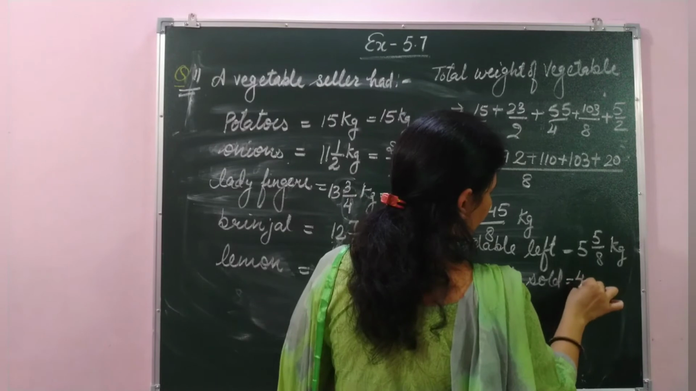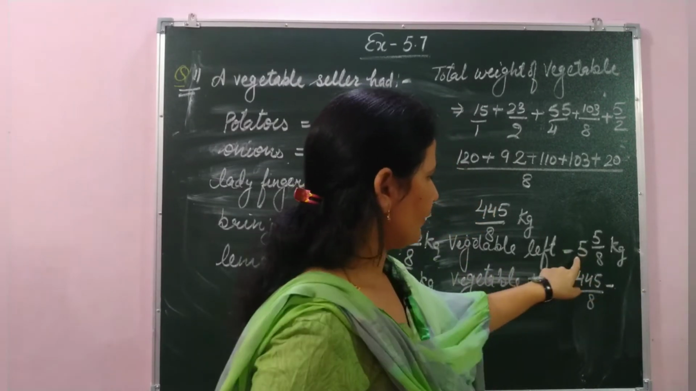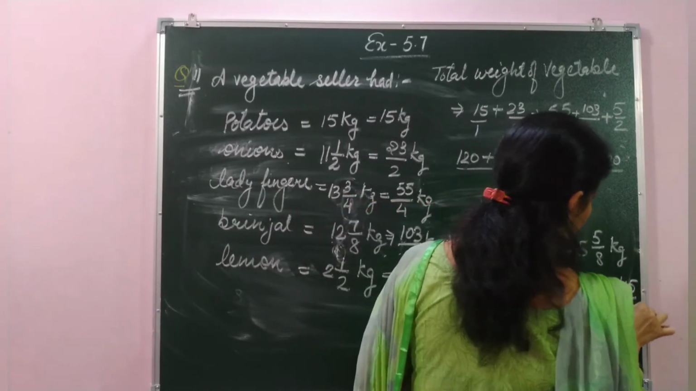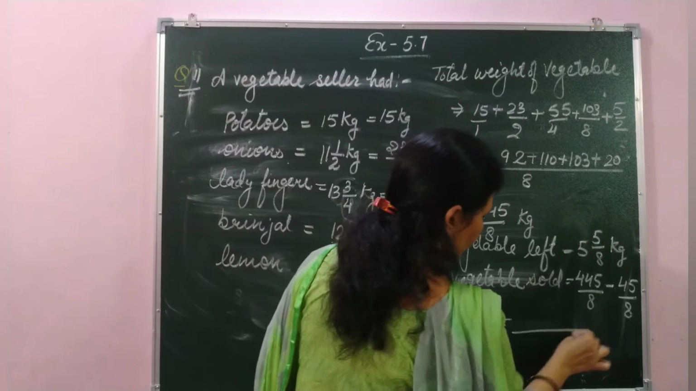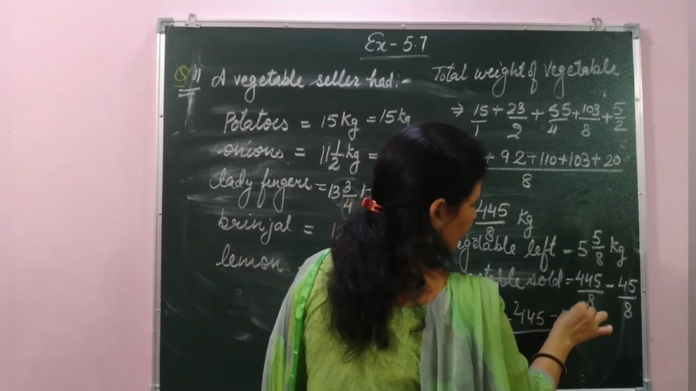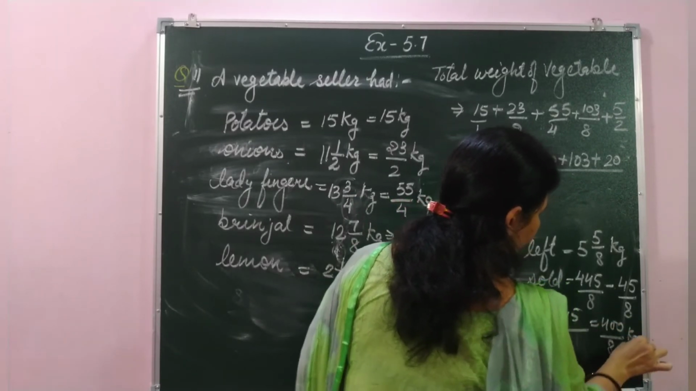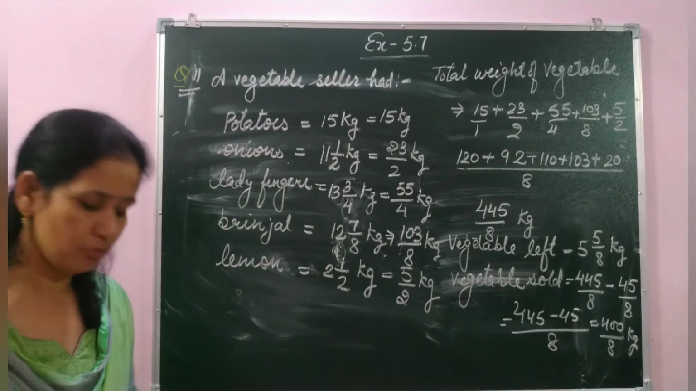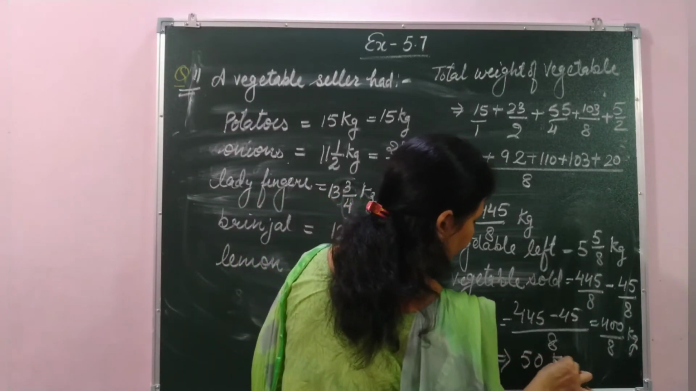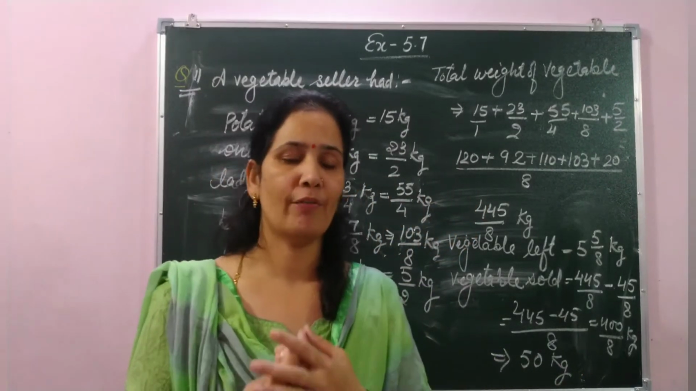So 445 by 8 minus 5 by 8: 40, 40 plus 5, 45 by 8. If we take the LCM, common denominator 8, 445 minus 45, that means 400 by 8. Is it possible to cancel out? When we cancel it, we get 50 kg total vegetables sold by the vegetable vendor